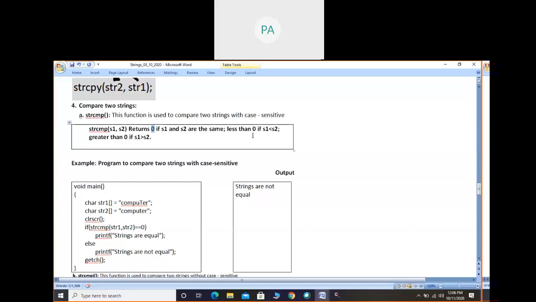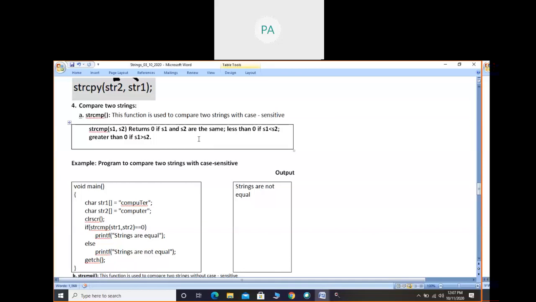Again I will tell you, if this function returns the value 0, both strings are the same. That means both strings are equal when we have compared. If it returns either less than 0 or greater than 0, then both strings are not equal. So only if it returns a 0 value, then both strings are equal.